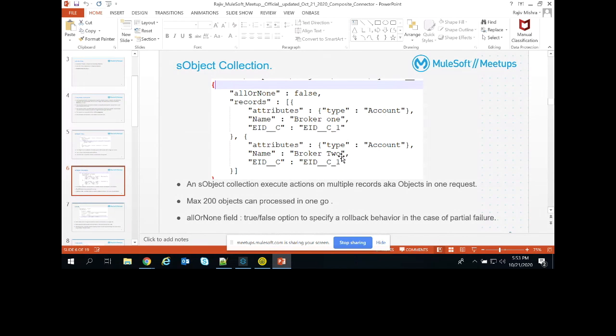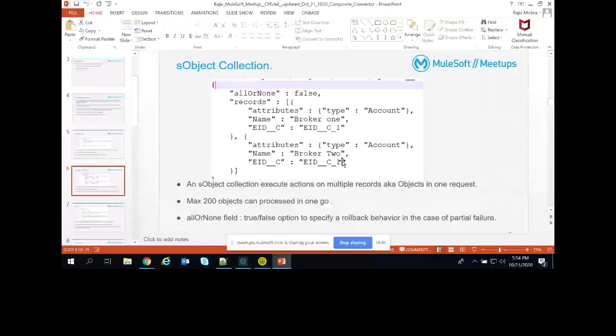If you see, there is another field called allOrNone. In the request we don't have to define this one. In the Mule composite connector, that parameter is defined as a checkbox, allOrNone. The functionality is this: suppose we got an error for broker 2, meaning we are not able to insert the data for account 2.